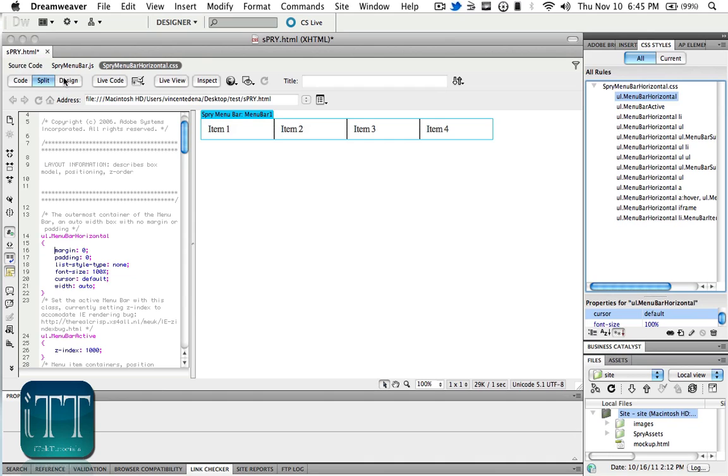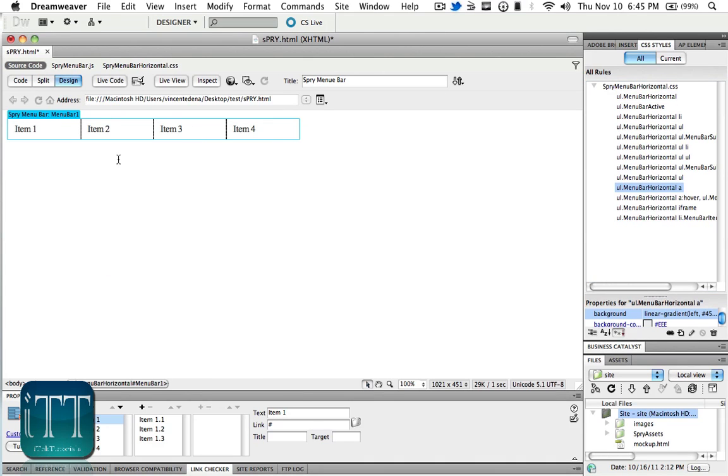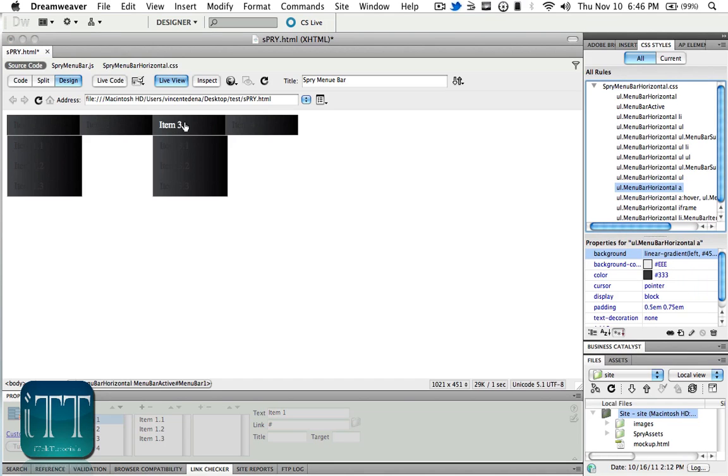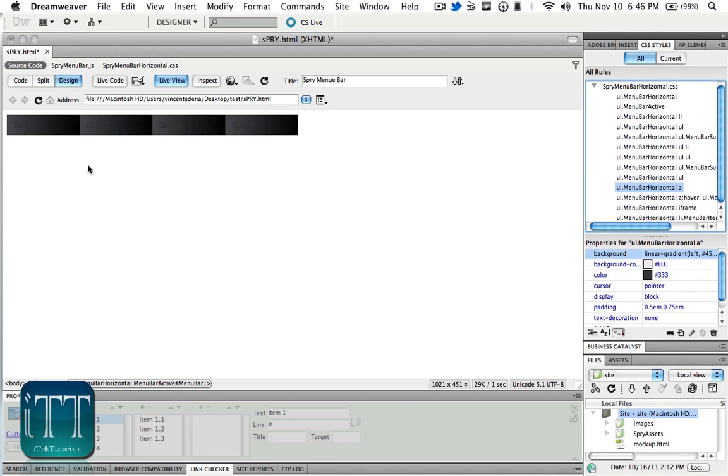Okay, and now let's go ahead and go back to design mode. Once we're back in design mode, if we go to live view, we're gonna see how the code actually looks now that the effect took place. But the problem that we're gonna have now is that the text is actually black